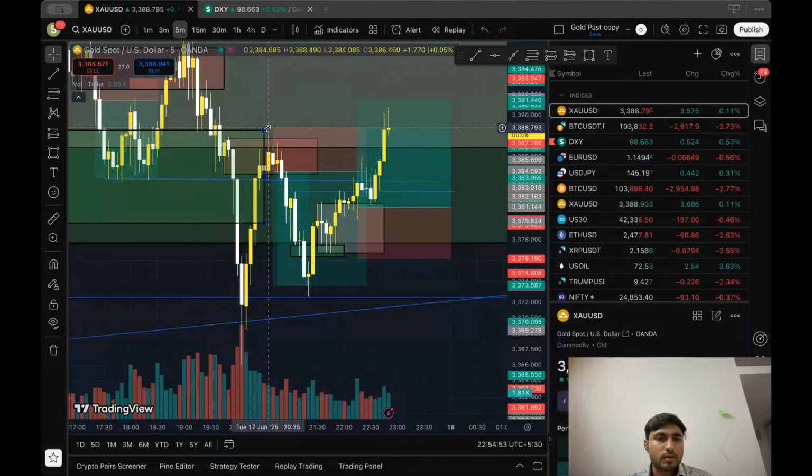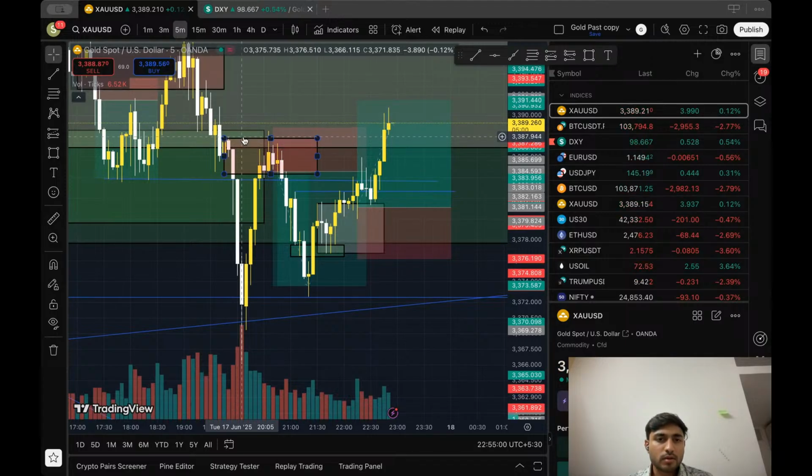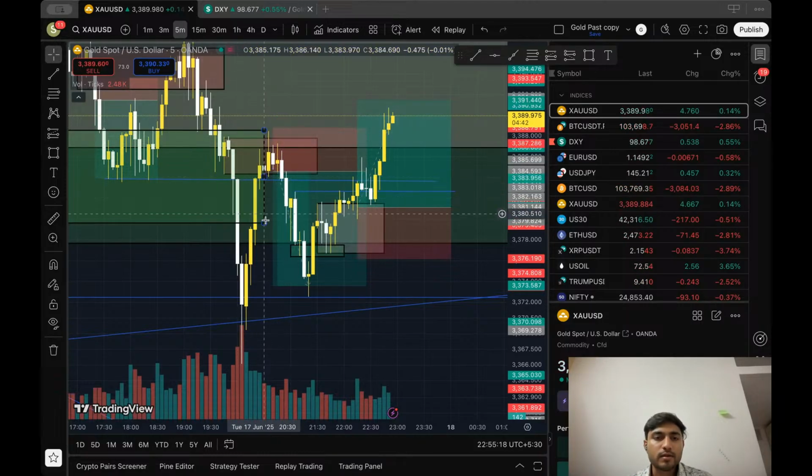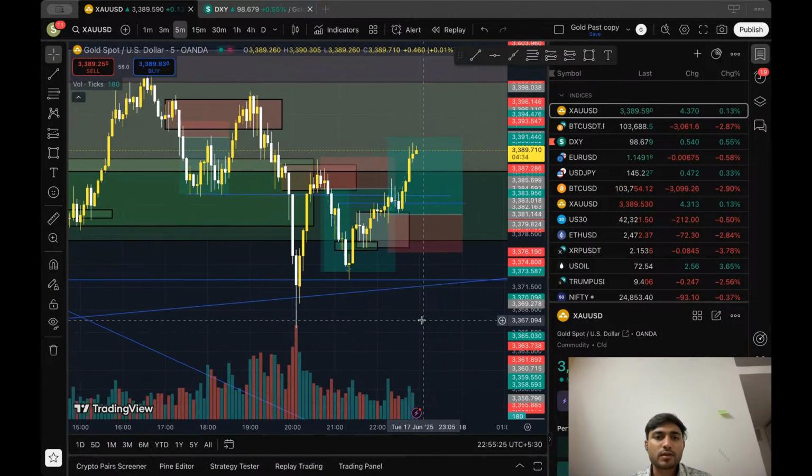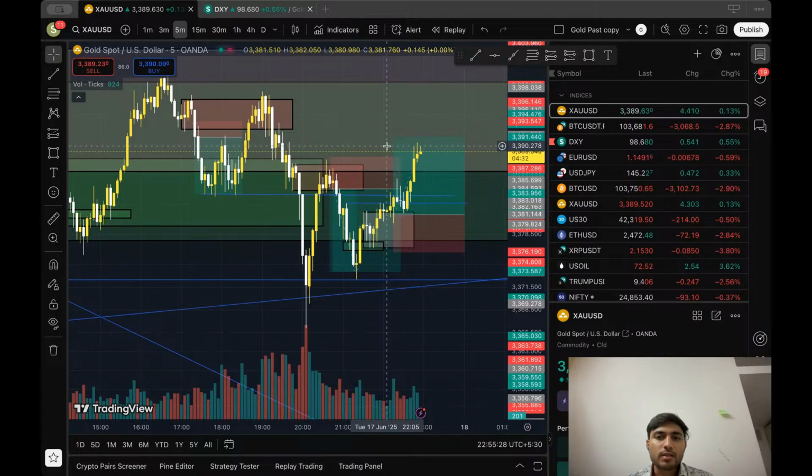Let's see. This order block is fulfilled. Yes. Then this order block is fulfilled as well. These two order blocks always find their intersection and create. That was pretty easy. Yes, no resistances for it. Nothing is stopping it except itself.